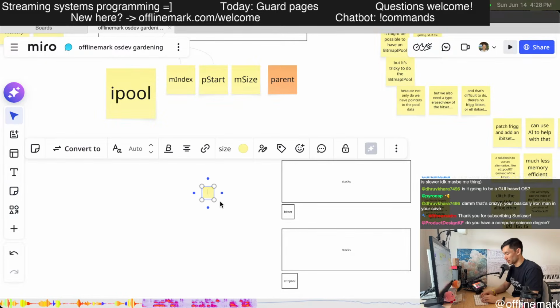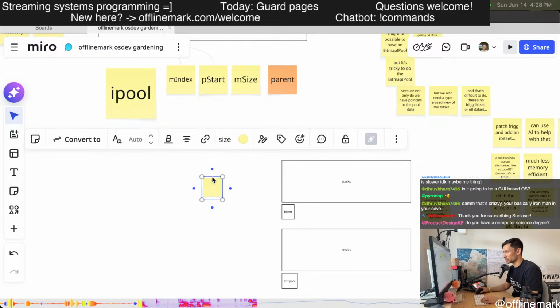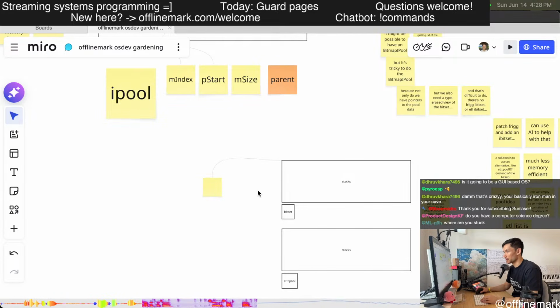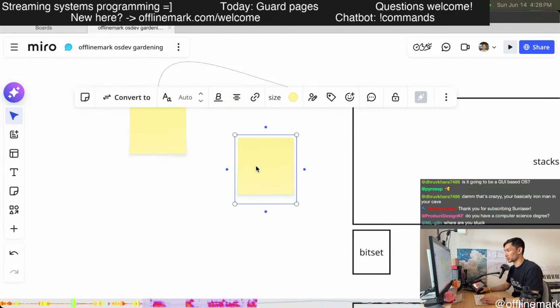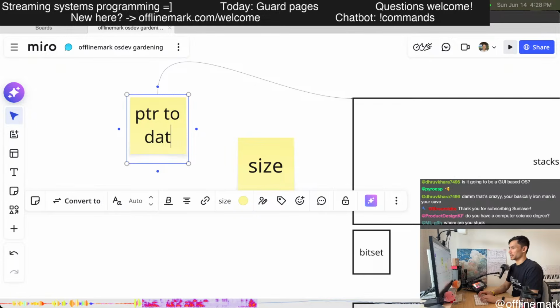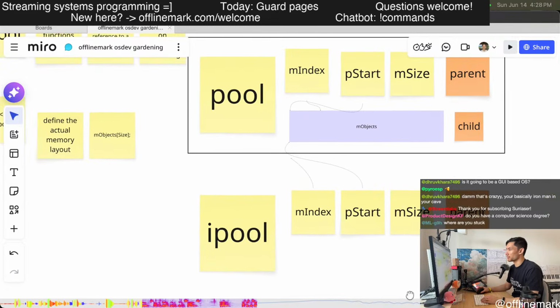You need a pointer to the start of the array, since I was prototyping it with an array as the backend storage. I'll call it start of data. Then you need a size. And that's basically the same thing as the iPool.